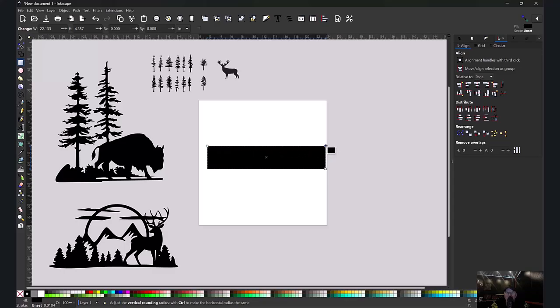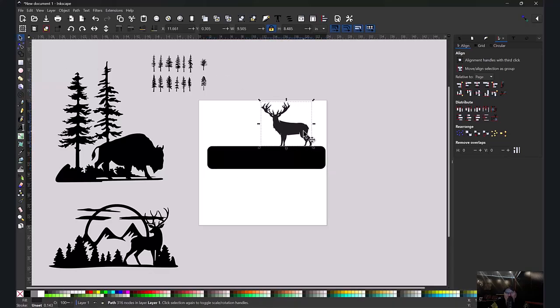So you can grab this top right one and pull it down, and that'll round off the corners, or you can make it pretty much a slot looking shape. So let's just go ahead and round the corners, because we're going to make somebody an address sign, and they said they wanted a deer on it and maybe a couple of trees,